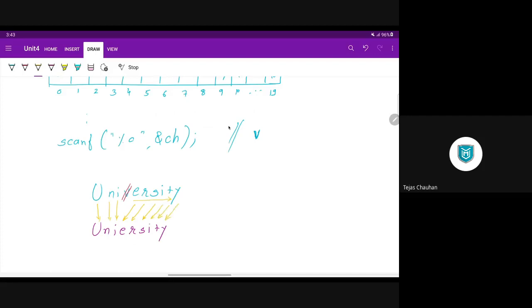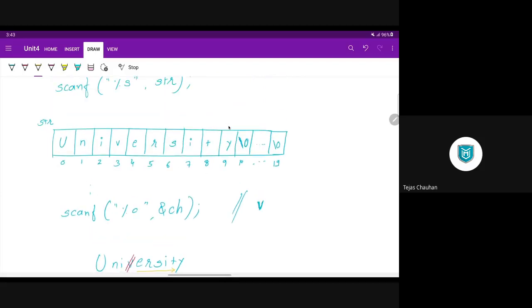If you look inside your memory, if you delete your character v, then you cannot keep this third index, the third element, to be something garbage or null. When you delete one character from a string, to have continuity in your entire string, you have to shift all these characters one step left.